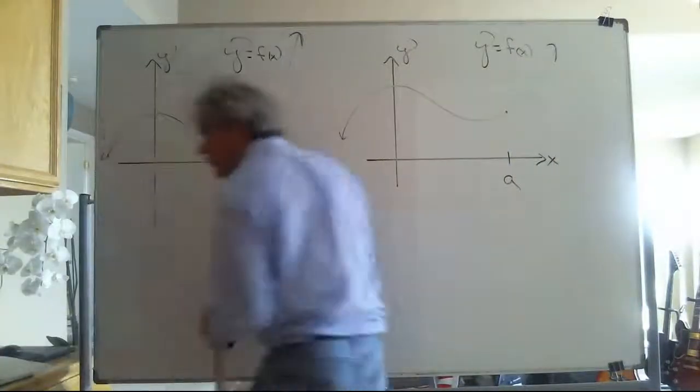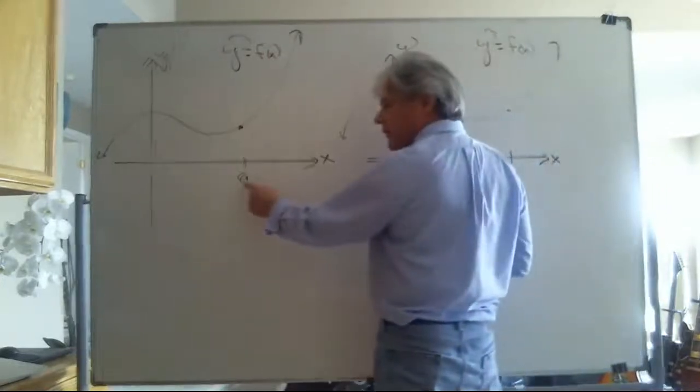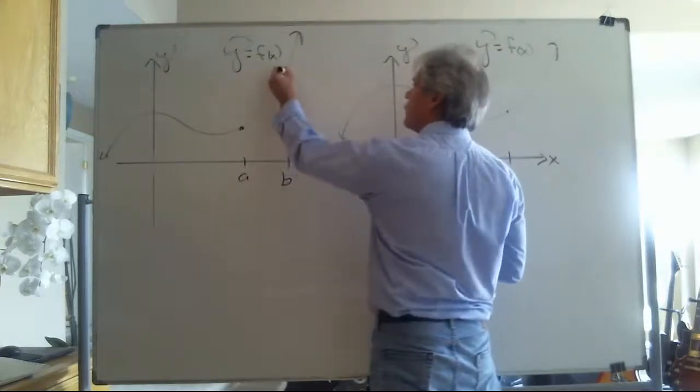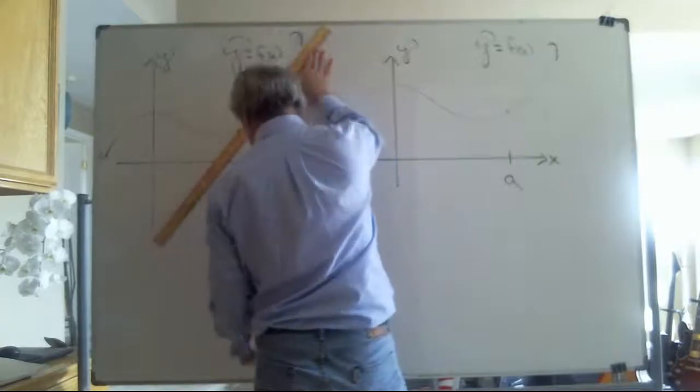Take a peek at my first graph. Now I have this labeled on the x-axis as A, and let's just suppose here's B, and let me go straight up to the curve. Now if I draw a line past these 2 points,